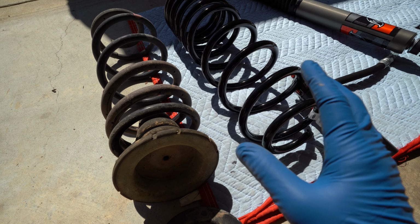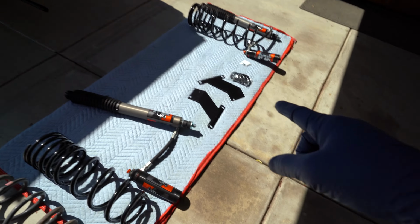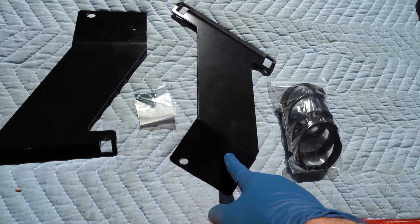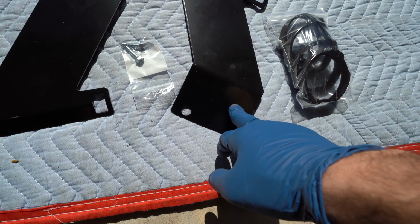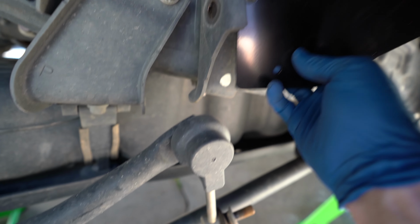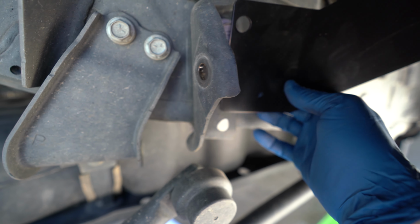But before we get into putting all the new stuff onto the truck, we can now install the external reservoir bracket. These are going to be the ones for the rear that look a little bit larger, and they do have some self-tapping screws that we're going to use in this hole here to mount them up. So the way that this bracket is going to fit, it's pretty cool how they made it, is there's that bolt right here, and it's going to basically sit like that